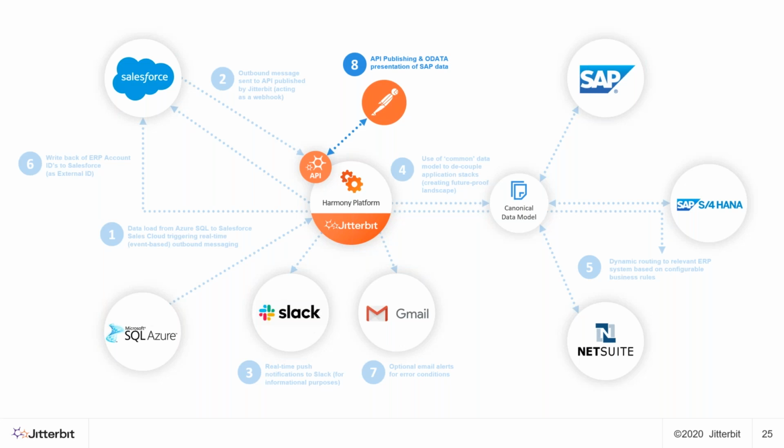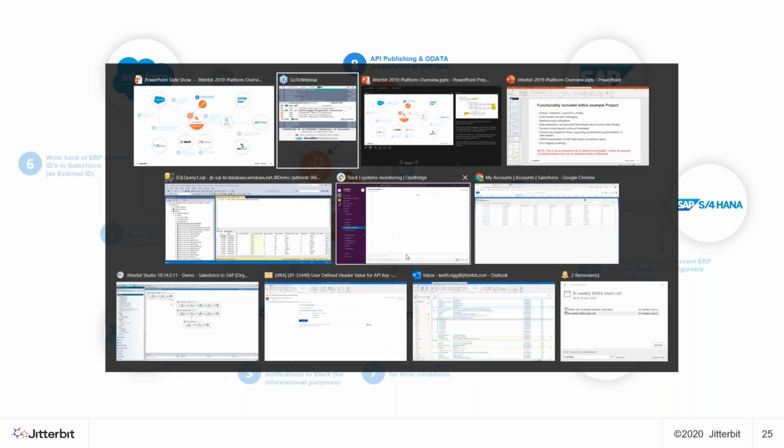And then through the API gateway, in addition to the webhook, we can also publish RESTful services, microservices, and OData entities, which you can also use to dynamically surface data in Salesforce as opposed to replicating it. So that's another option where you can look to maybe dynamically present data in Salesforce as though it is actually in Salesforce, but it's a dynamic query to an external data source. So that's quite a powerful technique as well. I won't demonstrate those two points today, but that's just to show you what you can do, let's say. So what I'll do now is jump into the product demonstration and show you how this actually works.